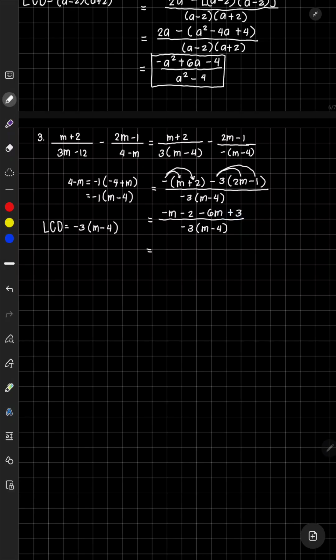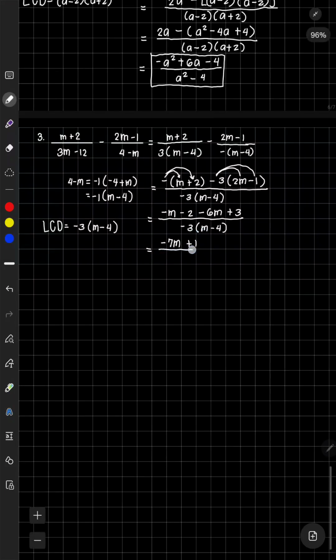So combining the like terms, so we have negative m minus 6m. So we have negative 7m. Then we have negative 2 plus 3, we have plus 1 all over. So let's distribute negative 3. So we have negative 3m plus 12. So this can be your final answer, but if you don't like the negatives in front of 7m and 3m,